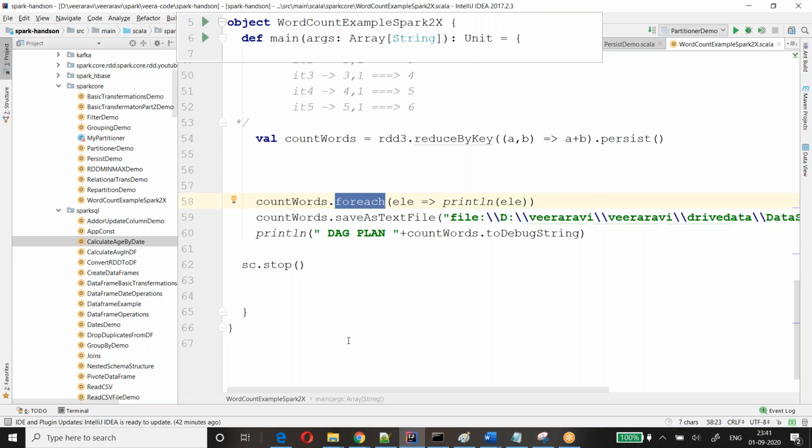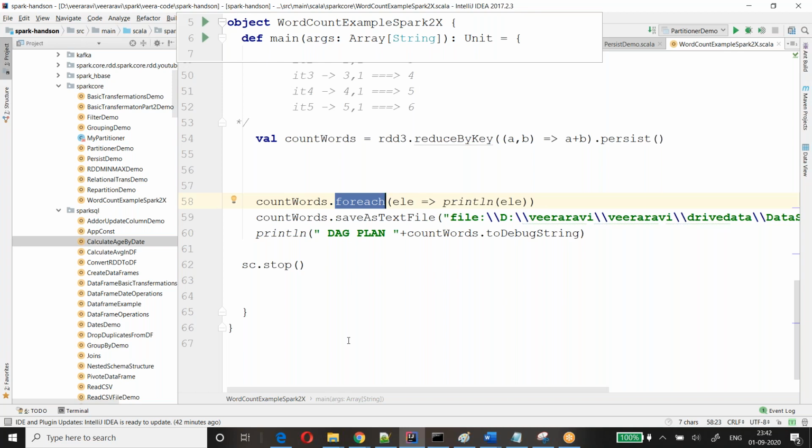Any other questions? Zip transformation we'll use when you want to append a unique value to every element.